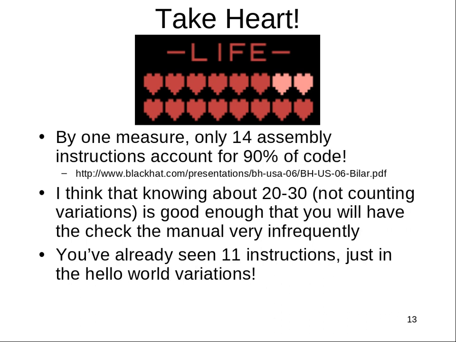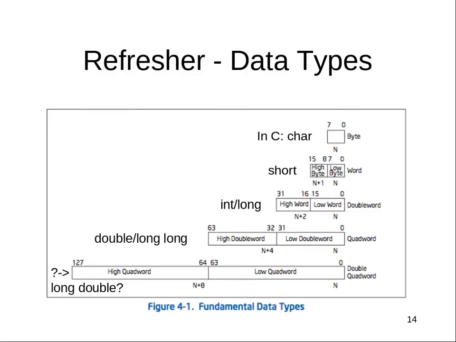We've already seen 11, even though we didn't talk about them at all. I just threw them up there and y'all memorized them perfectly. So we'll get going. But before we conclude, which will happen soon, one quick refresher on data types. In C, a character is 1 byte. Very important, other languages have a character be more than 1 byte, namely 2 bytes, and I've seen some languages make a character be 4 bytes. But in C, which is what we're going to deal with because all other languages are way too complicated,